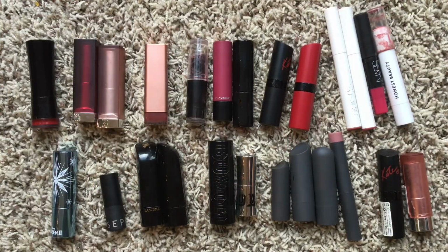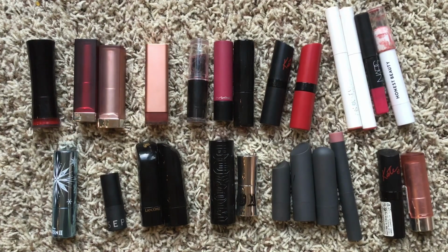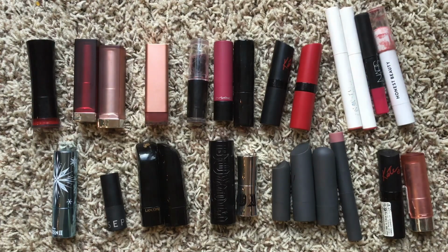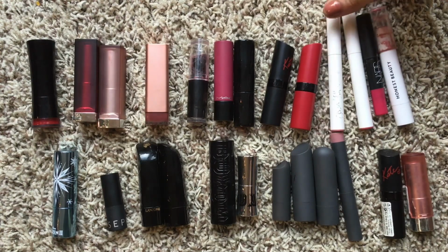Like I said, lipstick is one of my favorite makeup categories. Lipstick and blush, those are my 2 favorites. And I have quite a few lipsticks. These are all of my cream bullet lipsticks. And I also have some lippy pencils thrown in here because lippy sticks,